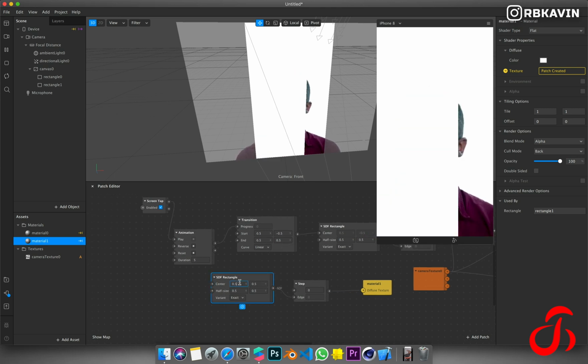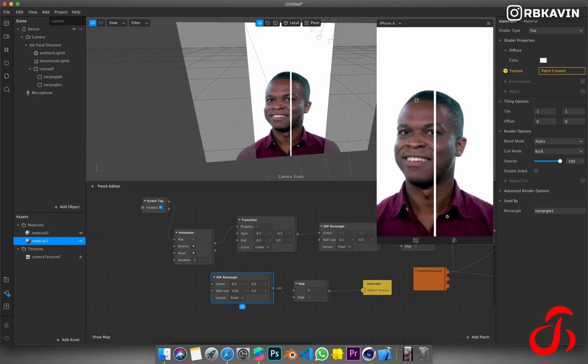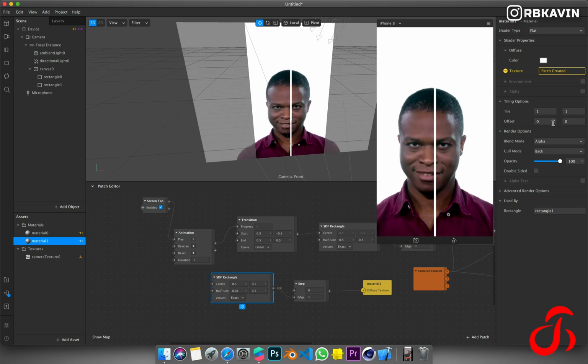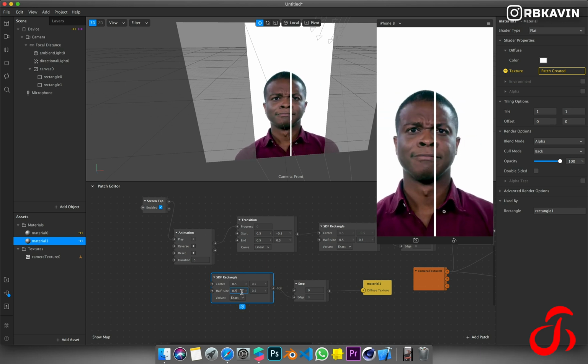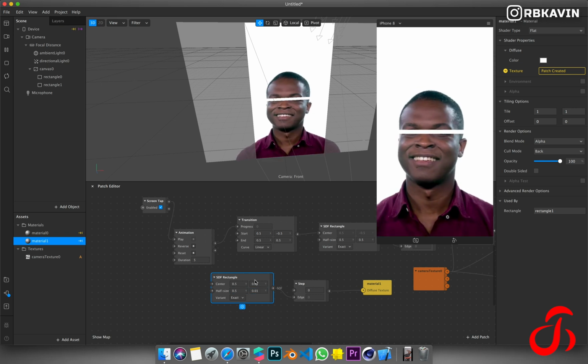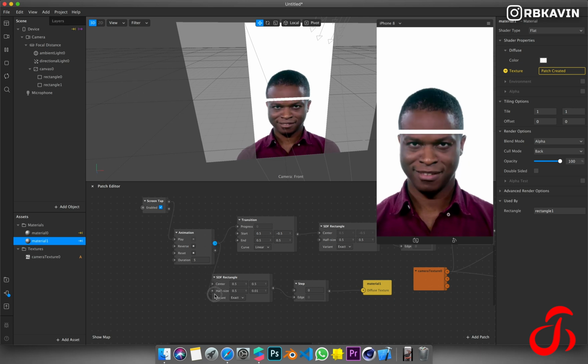If I just remove this, you can see it's moved. You want a thin line to move on the side axis. For that we are going to change the size. If I put 0.01, you can see it is a thin line. So this works for the sideways, left to right or right to left. What if I want to do it top down? I can put 0.1 and this works fine.